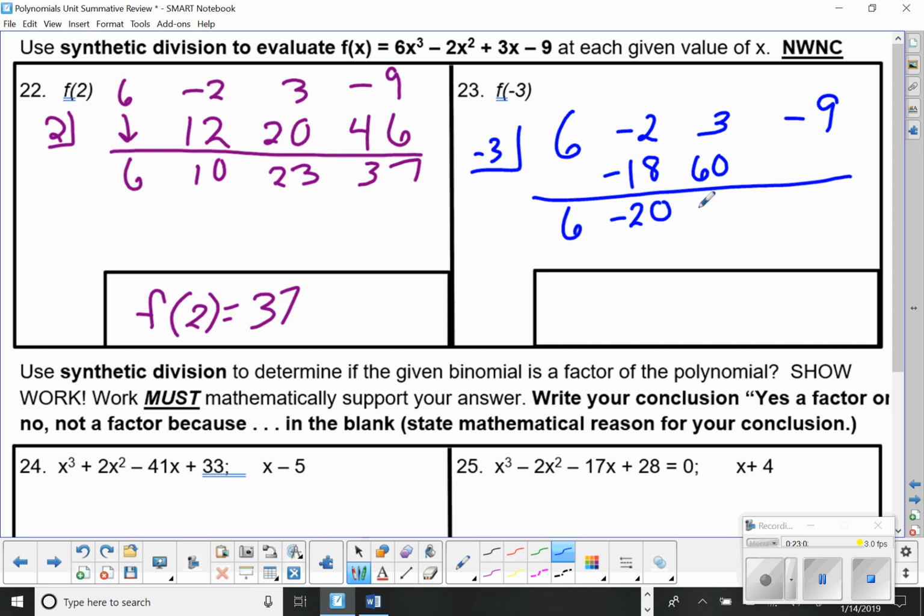3 plus 60 is 63. Negative 3 times 63 is negative 189. Adding these together is negative 186. So F of negative 3 is equal to negative 186. And if you want, you can always check it by plugging it into your calculator. Now,